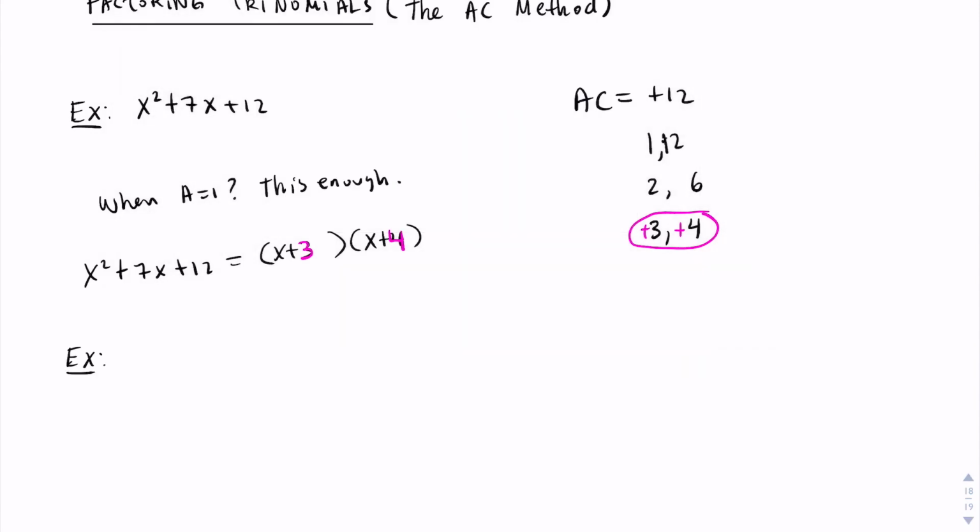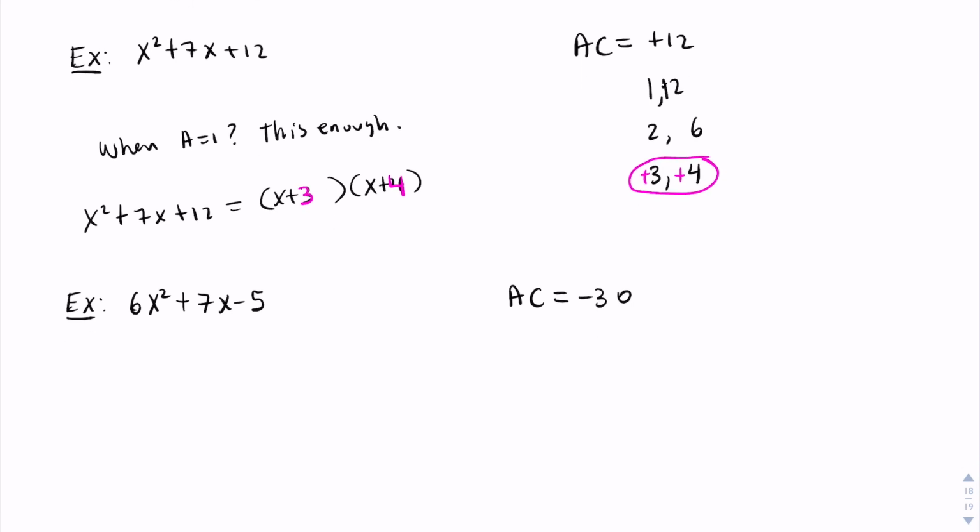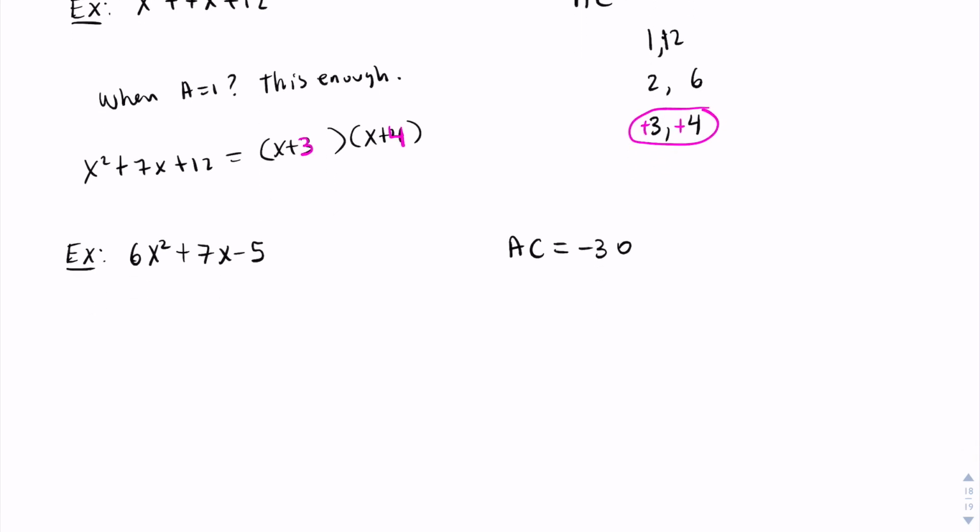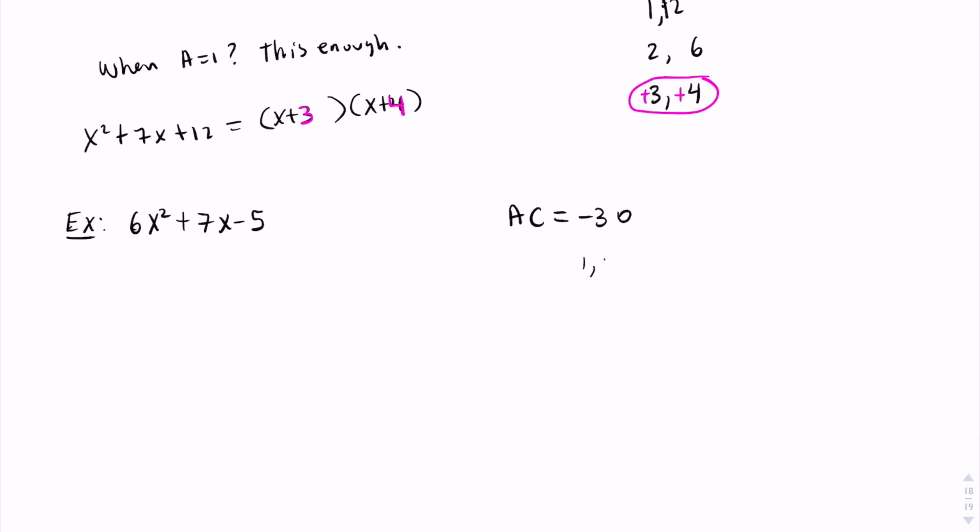So I want to factor this expression, 6x squared plus 7x minus 5. I want to factor this out. So what is the value for AC here? Negative 30. Yeah, negative 30. And the pairs for 30, I'm going to go through all of them, but we will select which one works out, right? So 1, 30, 2,